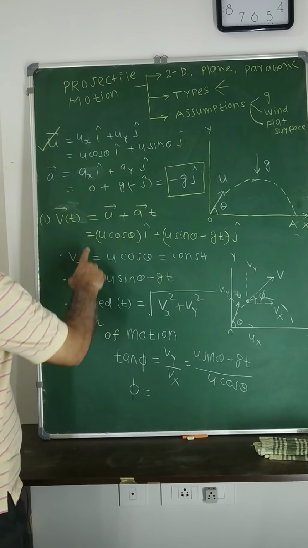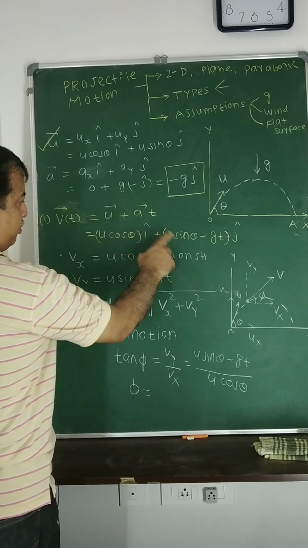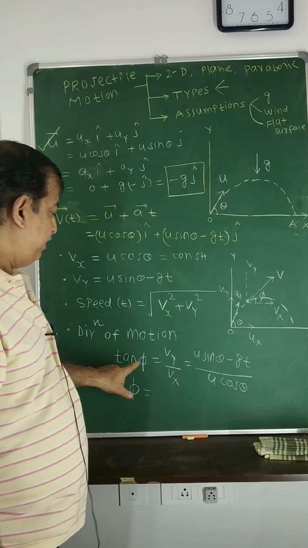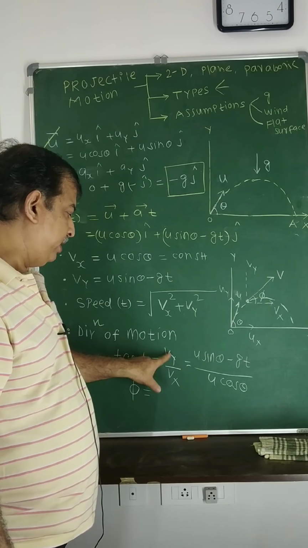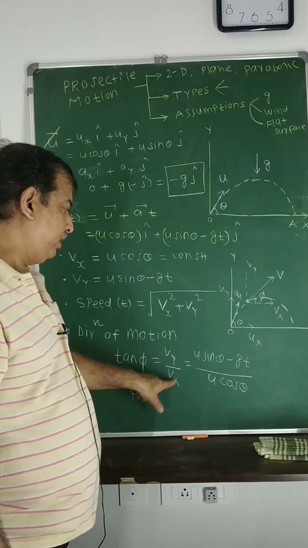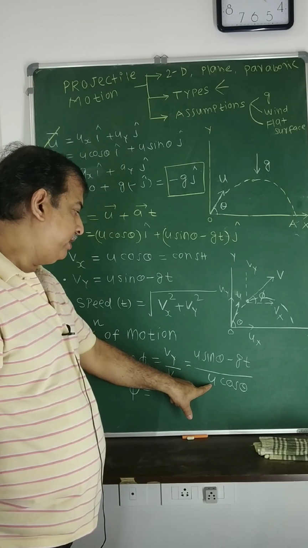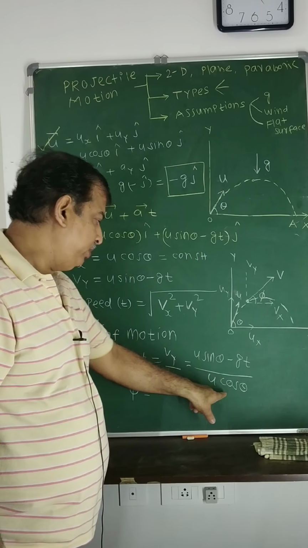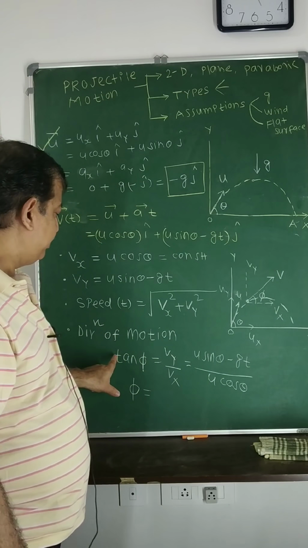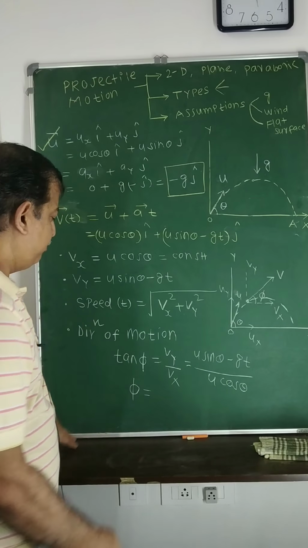Now the vector is already known to me, x component, y component. Remember, tan phi is y component divided by x component. Y component already calculated, x component already calculated. Now time will be given to me. At that particular time I can calculate the value of tan phi,